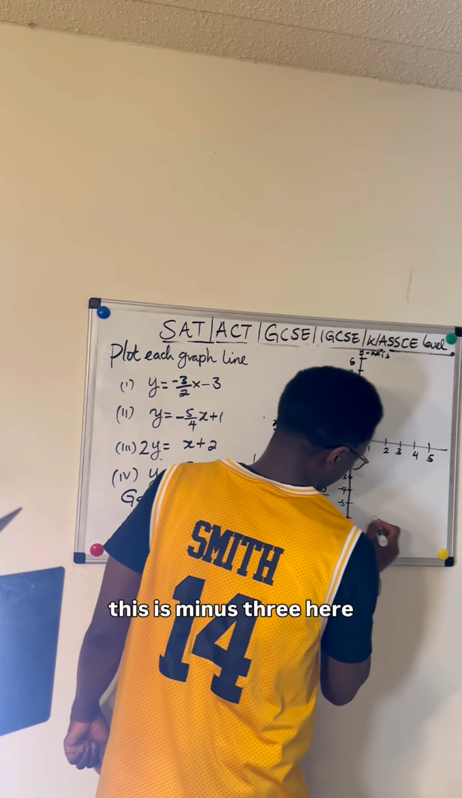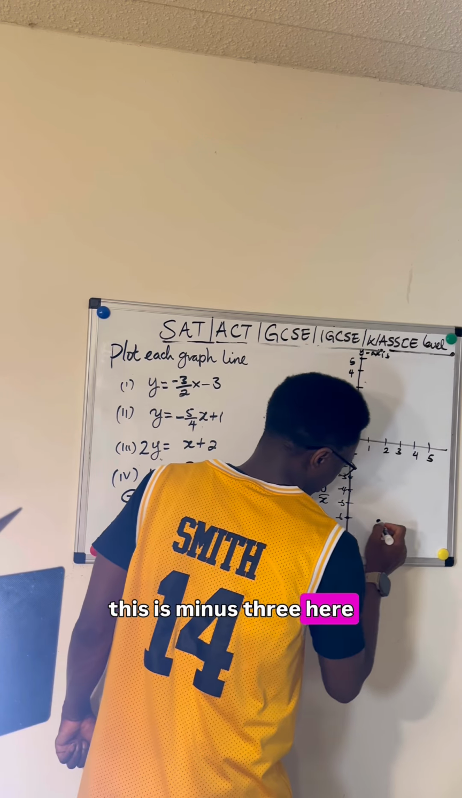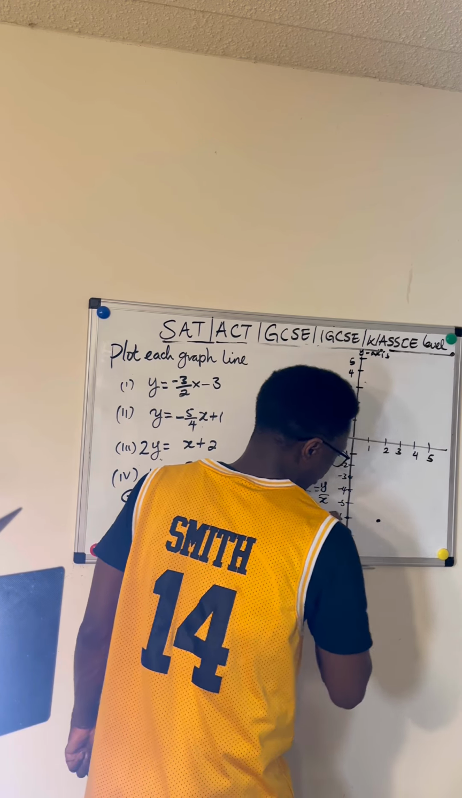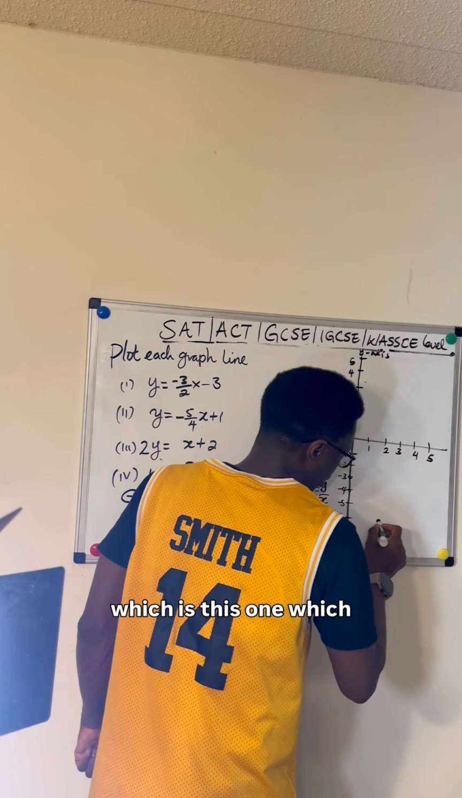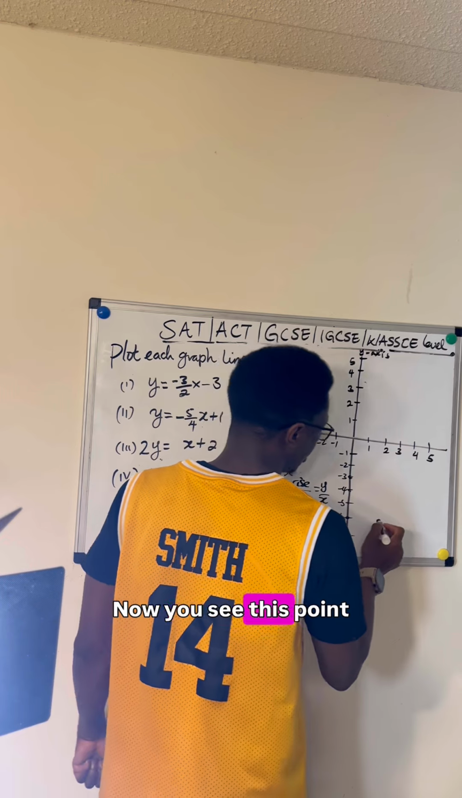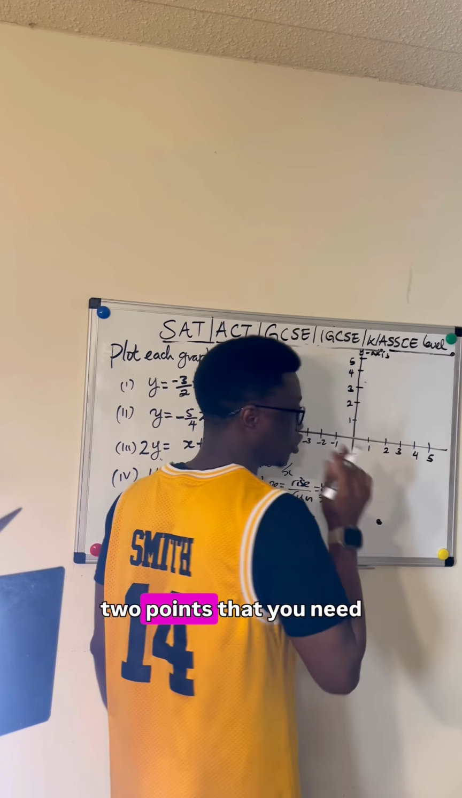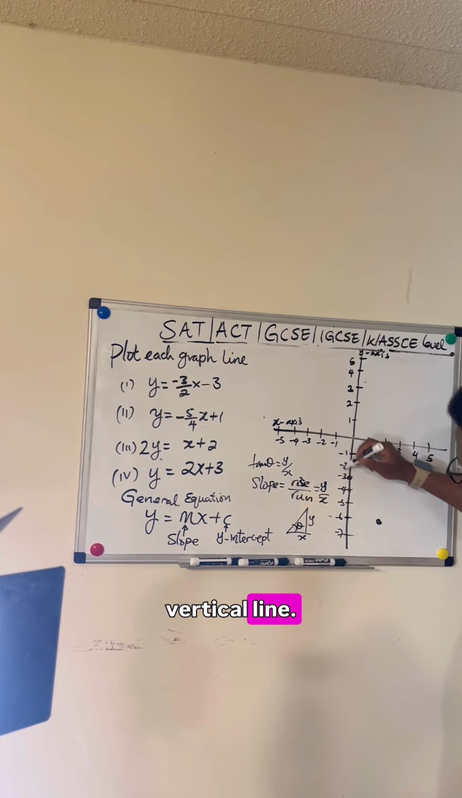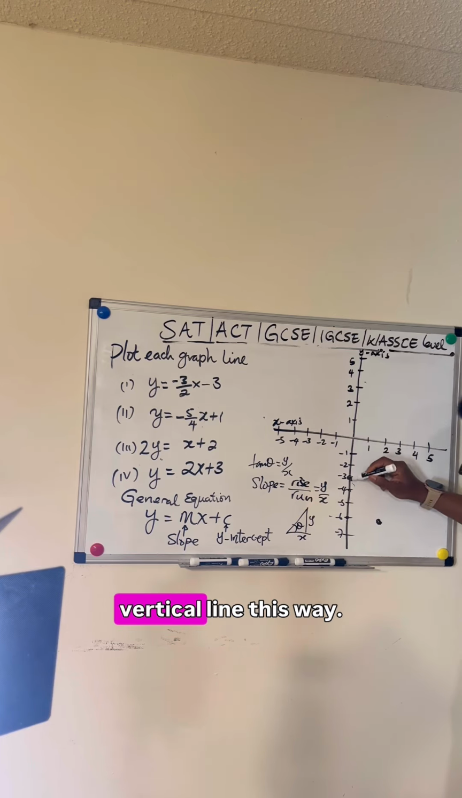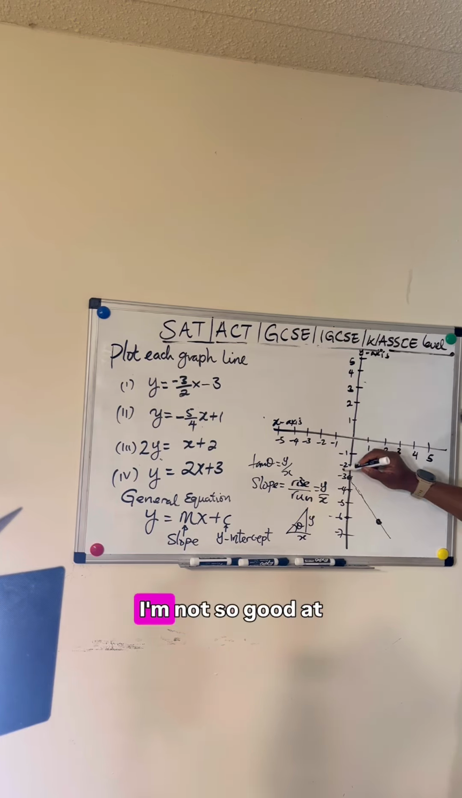Now you see this point. This is minus 3 here, which is the vertical, and the horizontal, which is this one, which is 2. Now you see this point and this point are the 2 points that you need to complete this graph. So you draw now a line through them, this way. Unfortunately, I'm not so good at